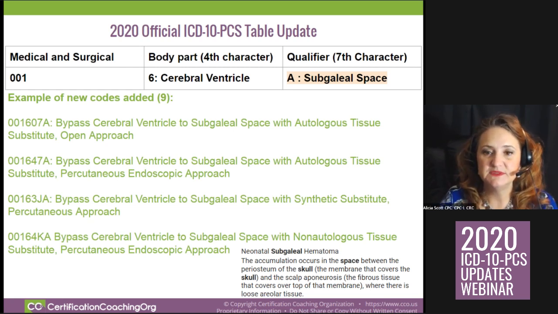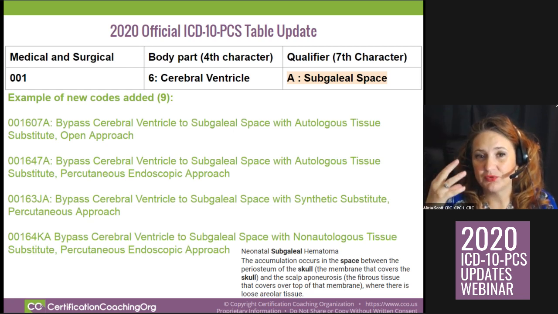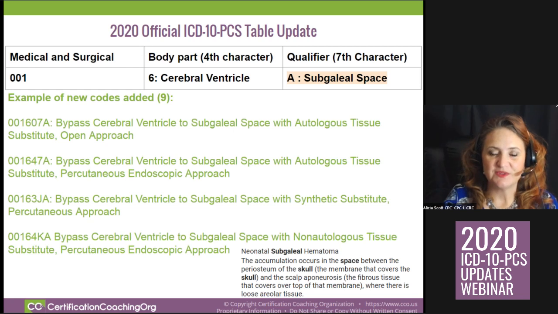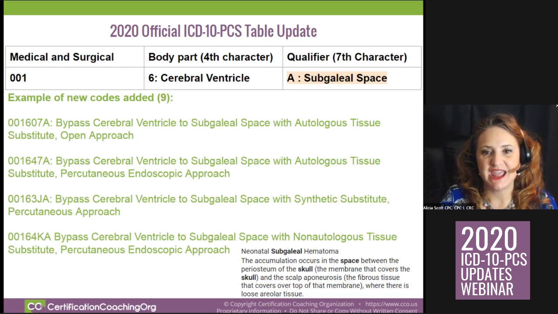There are two common times that this space gets a hematoma. One is neonatal: the baby's born and you get a hematoma that builds up, which can be due to trauma of birth. It may not be an issue. You get this bruising and stuff, but it can become a very dangerous issue quickly. So they've added this